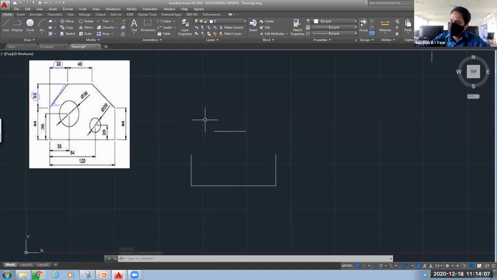For connecting or drawing inclined lines, I have to switch off this ortho mode. So I will switch off this ortho mode. Then I will click on this line, select this point and this point. Press escape. Similarly, I will do it on this side also. Go for the line command, connect the end point. So the outer part of the figure is drawn. Now the next part is our circles, the two circles that we have to draw. Now see, what is the location of this circle.